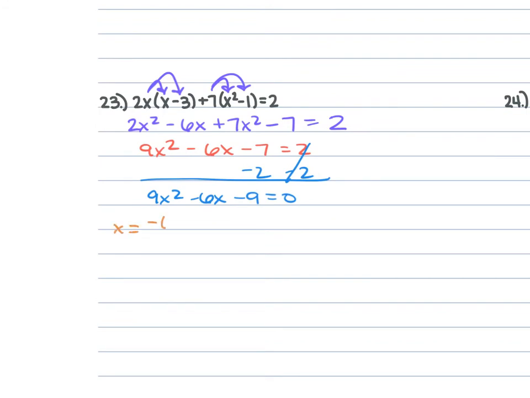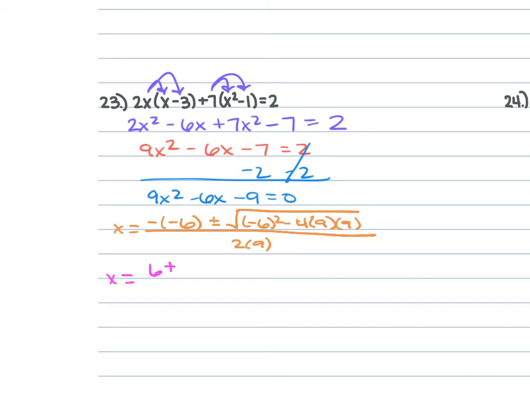So x is equal to a negative times negative 6 plus or minus the square root of negative 6 squared minus 4 times 9 times negative 9, all over 2 times 9. So x is equal to 6 plus or minus the square root of 36 minus, the 9 times 9 is 81, times 4 gives us 324. And this 9 is negative, so this is positive, all over 18. So from here, x is equal to 6 plus or minus the square root of 324